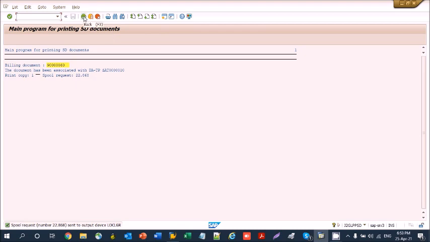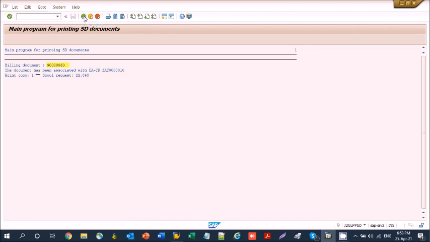This is a Hellenization transaction that does not only print an output, but assigns a series and number to all relevant FI and MM documents.